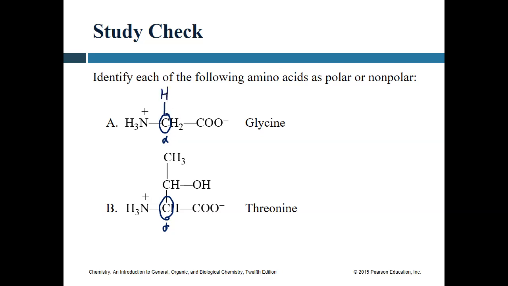the R group is H. That's a hydrocarbon. We would expect this to be nonpolar. And again, if I come over to table 16.2 here, sure enough, glycine is the first nonpolar amino acid. For threonine here, we can see that we've got a hydrocarbon group, but we also have an oxygen group. That oxygen group is going to create polarity. So this is going to be a polar